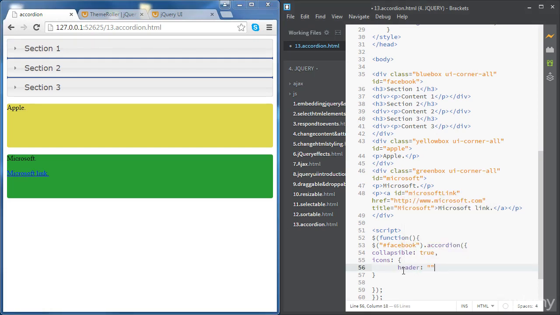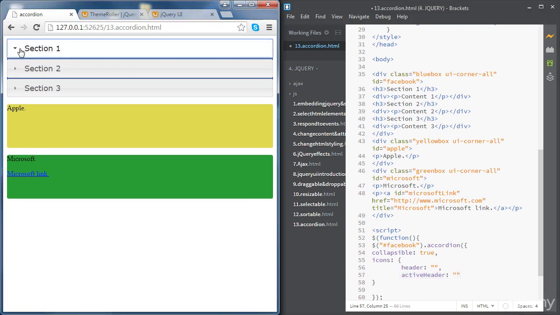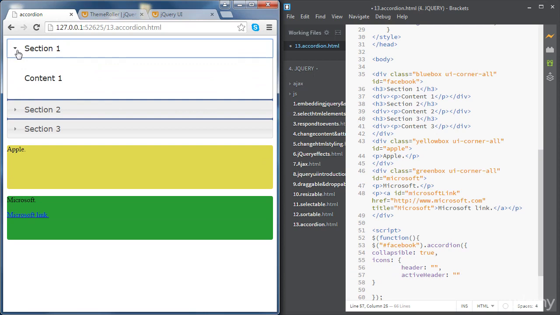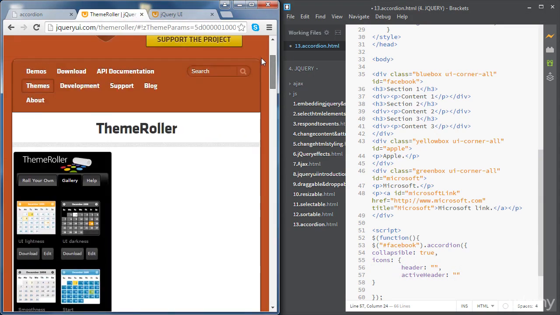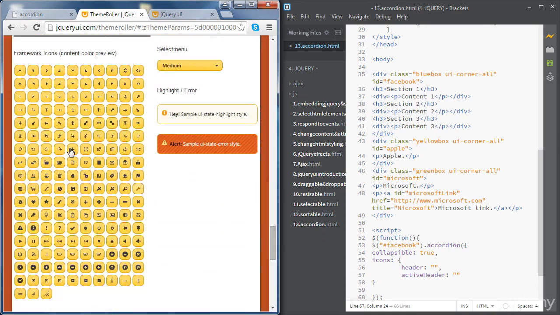And the next one is going to be active header, which will tell what icon we use when the section is expanded. So to use icons, we can go to the theme roller, and if you scroll down, you can see a list of icons there, and you can just choose any icon you want. So if we choose, for example, the header as this one,